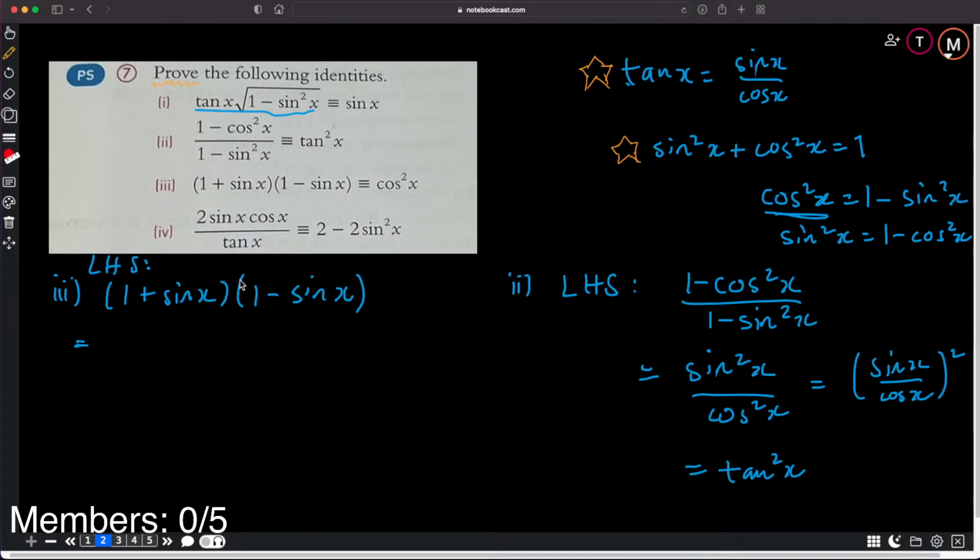If you're not sure what I'm talking about, you can just expand these double brackets and you'll find you do get 1 take sine squared x. And again, this is this identity over here, which is equal to cosine squared. And there we have our right-hand side. So we say, I should have been writing, this is equal to the right-hand side. And the final part,